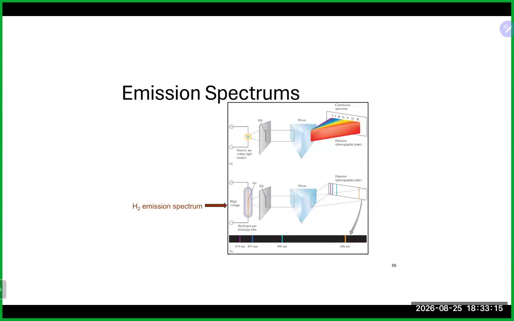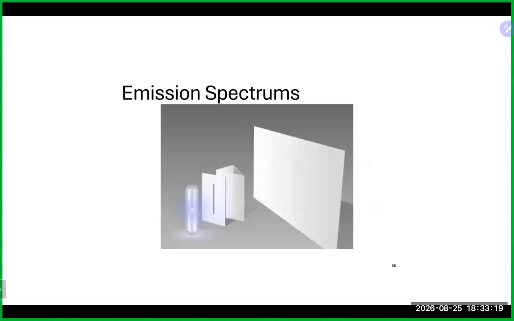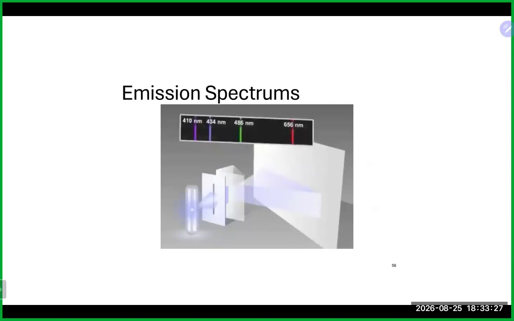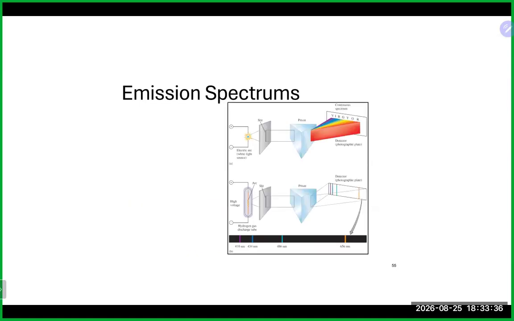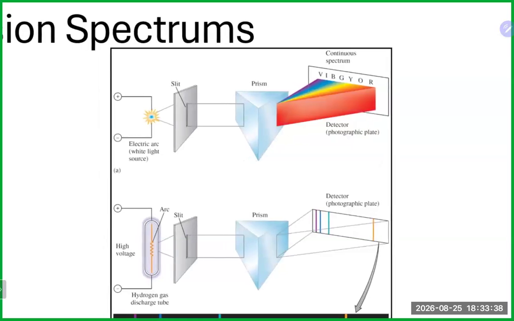And here is hydrogen and the difference between a continuous spectrum. So we'll take a look here. When the light emitted by a hydrogen gas discharge tube is passed through a prism, a line spectrum results. This line spectrum consists of light at only 4 wavelengths in the visible region. And as we saw in this picture here,